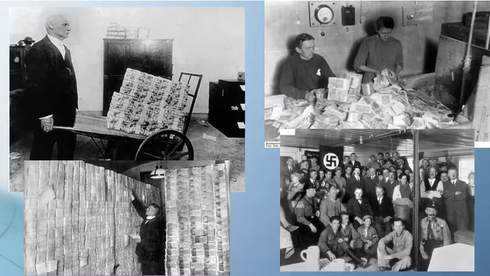Parts of the reparations that could be paid in German marks meant that there was an incentive to just print money to pay that. So before this hyperinflation event, $1 would get you 4.2 marks. But by the end of the hyperinflation, $1 would get you 4.2 trillion marks, right?